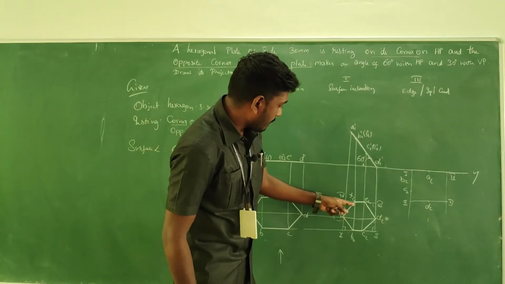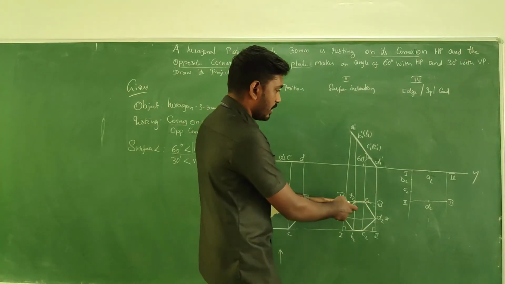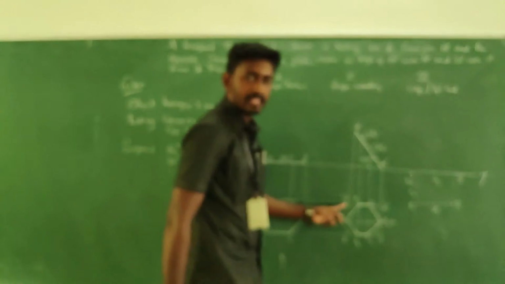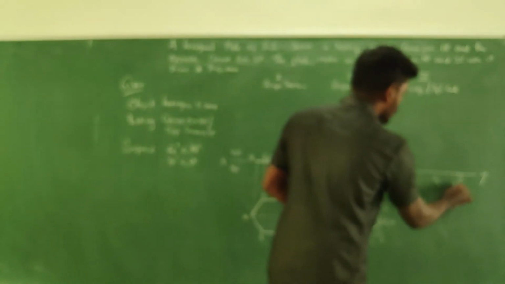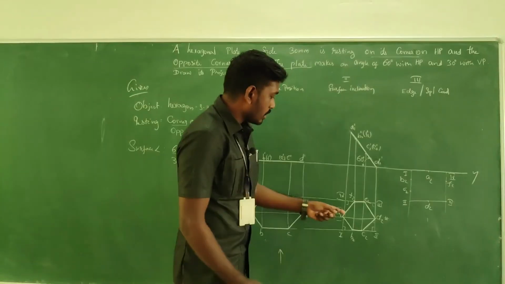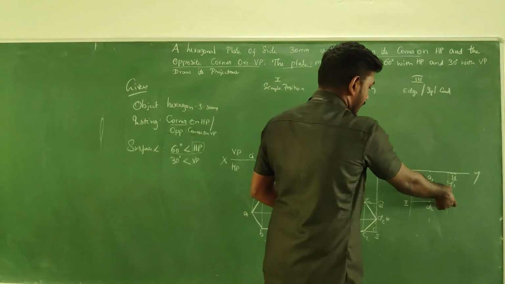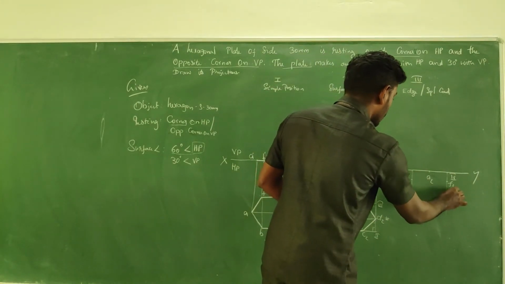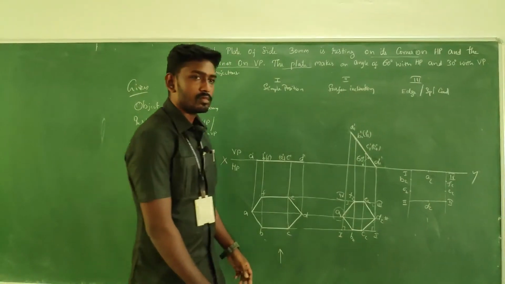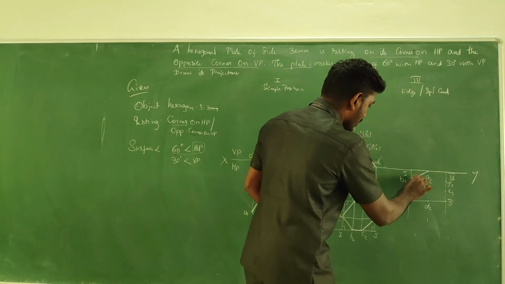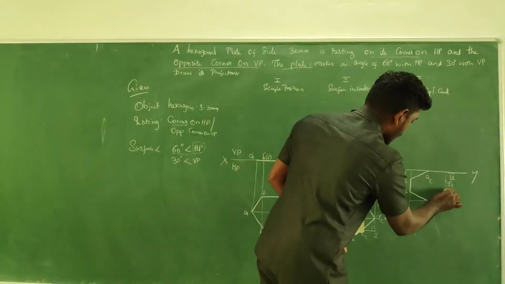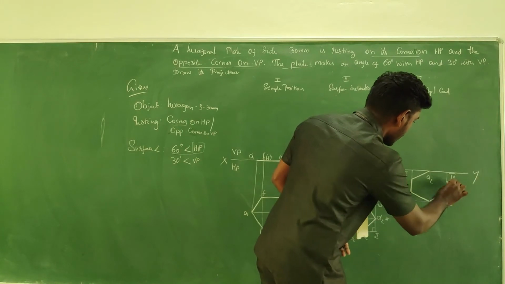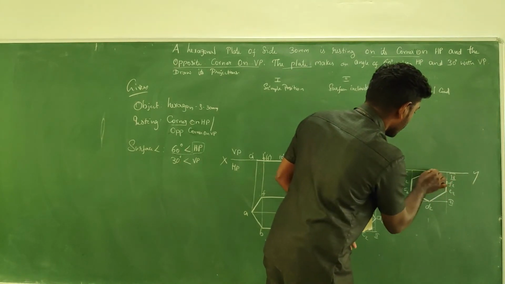So what is remaining? E and F, right? It is between 4 and 3. I am taking from 4 to F. What is the measurement? From the 4, convey it, F2. Take the measurement from 3 to E. From the 3, convey it, E2. If you connect all the points which you have picked on the boundary, you will get the image of the final top view.